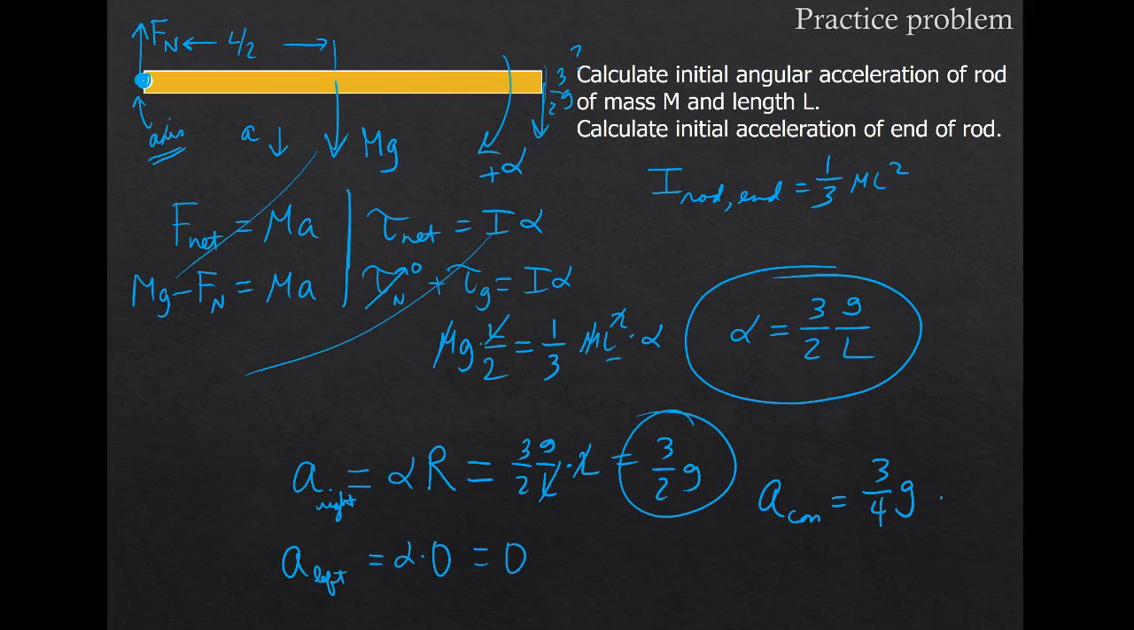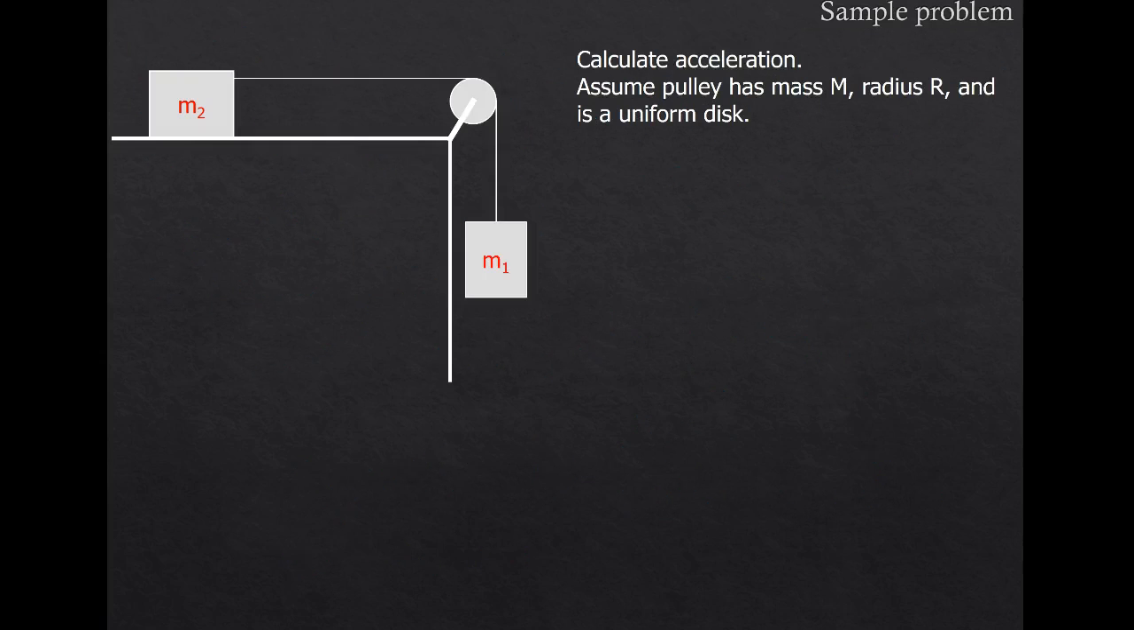Okay, let's try one more example. So in this example, now we have one of our famous problems from earlier in the year with pulleys and Newton's second law, but now this pulley does not have zero mass. It can't be ignored any longer. So we're going to assume that it has mass m, radius r, and it's a uniform disk, and we want